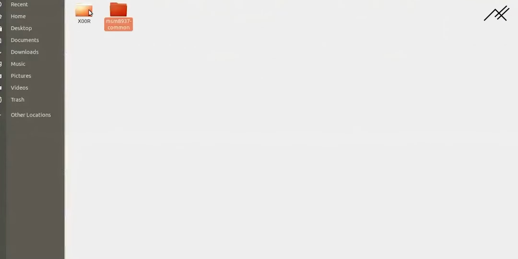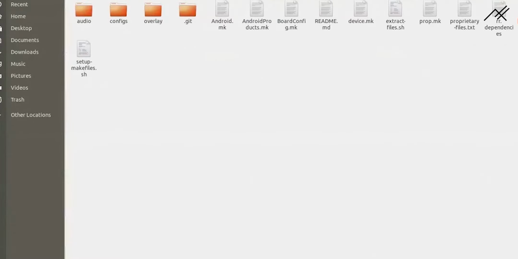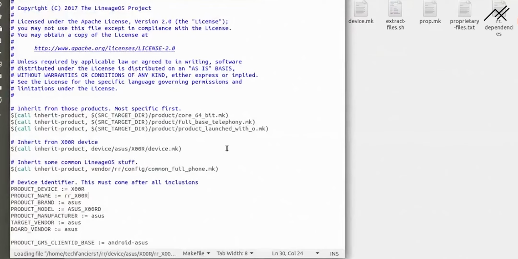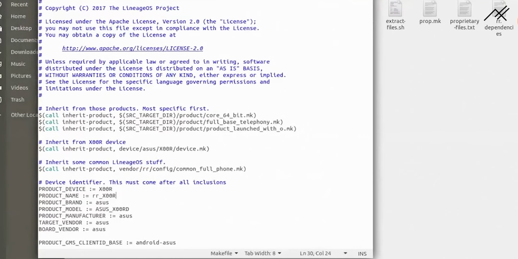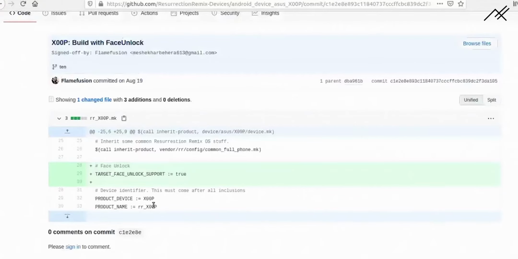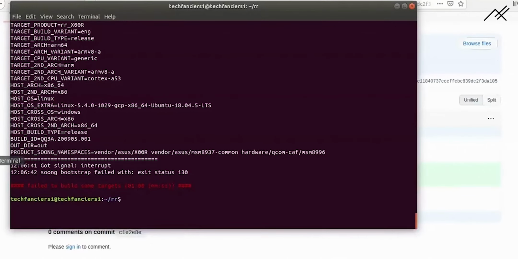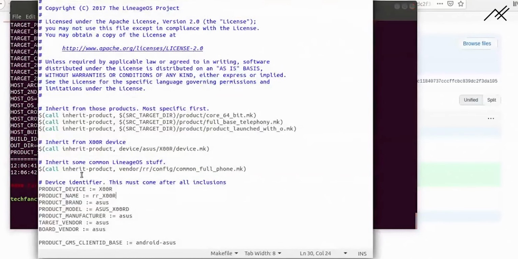So in the ASUS XOR rr_xor, here I need to mention it. I believe I can just grab it as it is a normal thing, so I'm just copying this code and pasting it here.